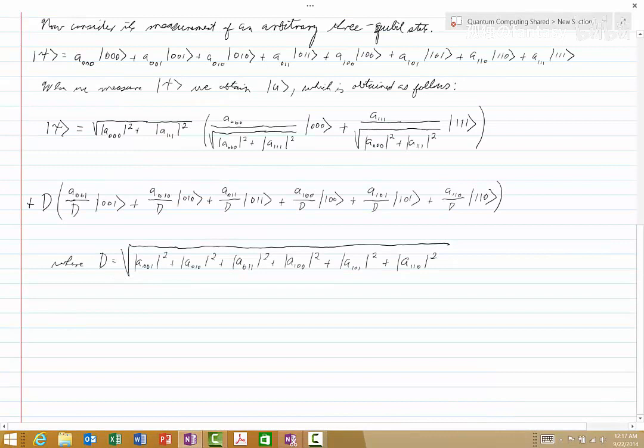Okay, so to continue now, when we measure C, we will obtain U, and I said obtained here, but maybe I should say found rather than obtained, which is found as follows. Now the first step in actually writing out U and finding out what it's equal to is to rewrite C,